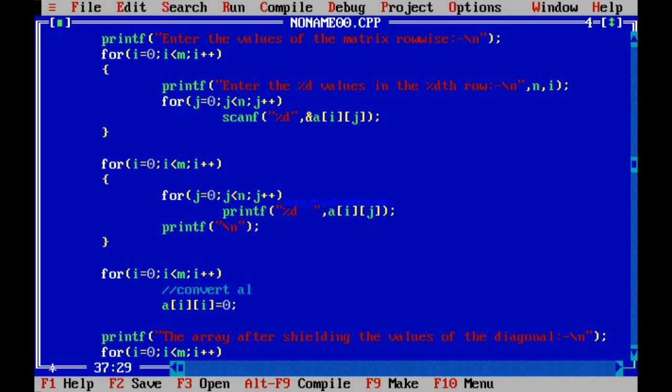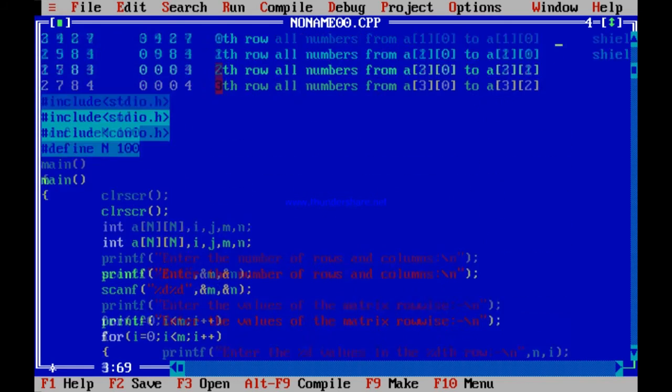Convert all numbers from Ai0 to Ai(i-1) to 0.